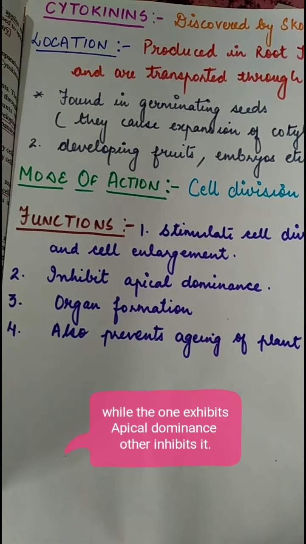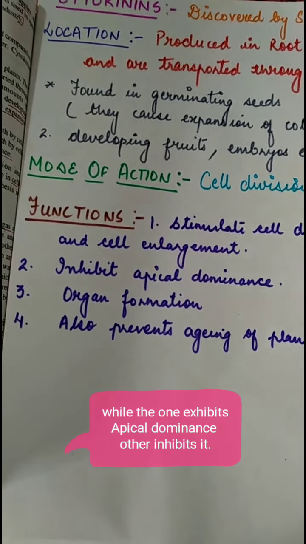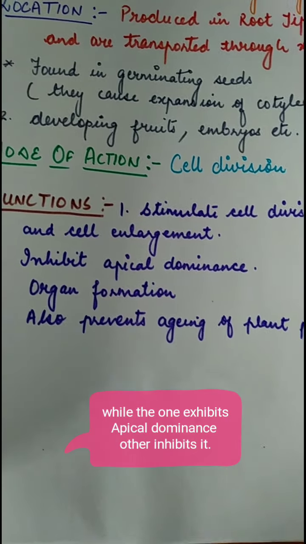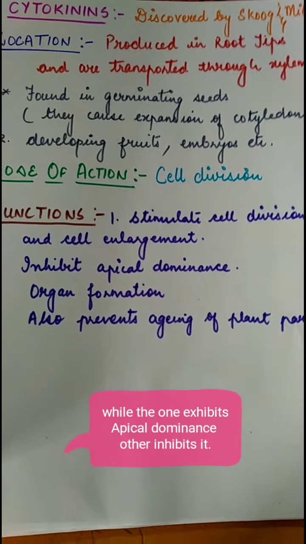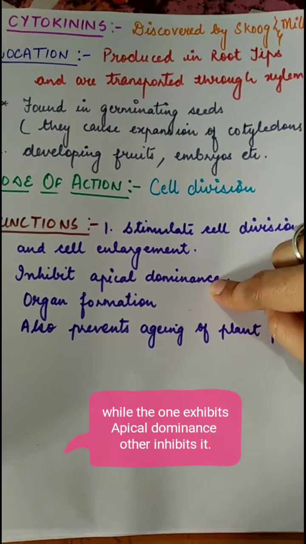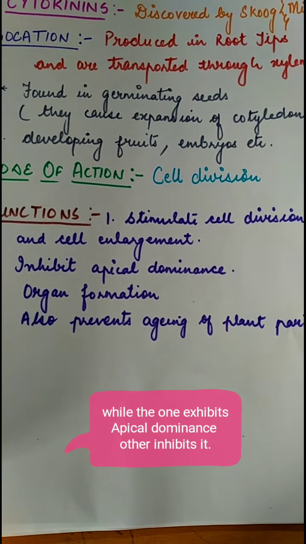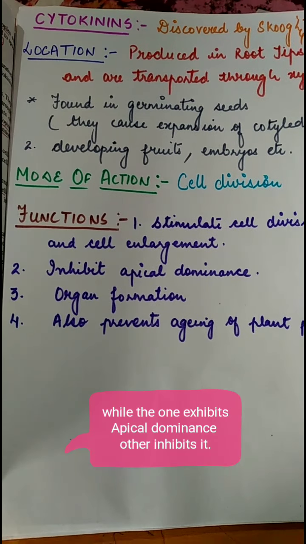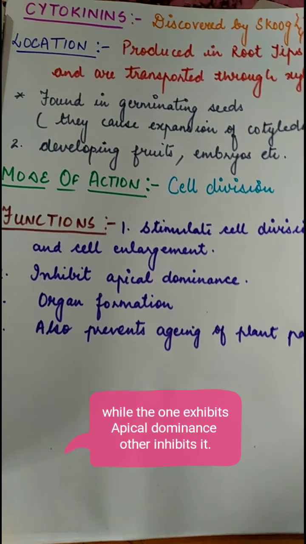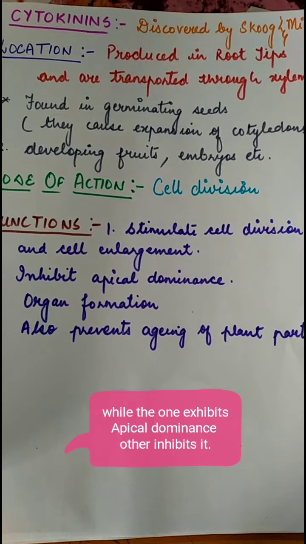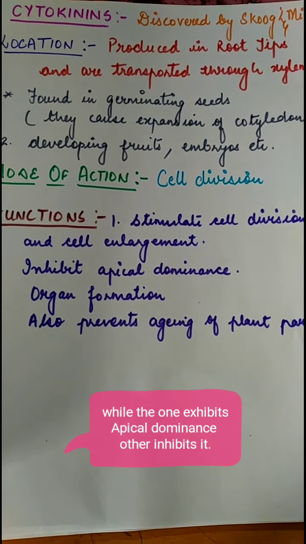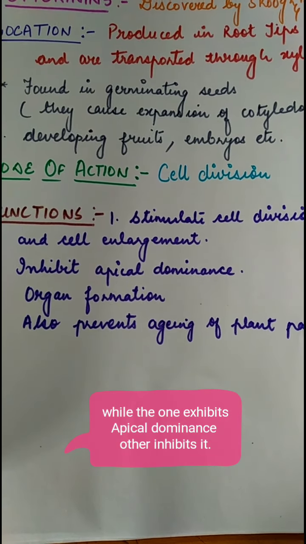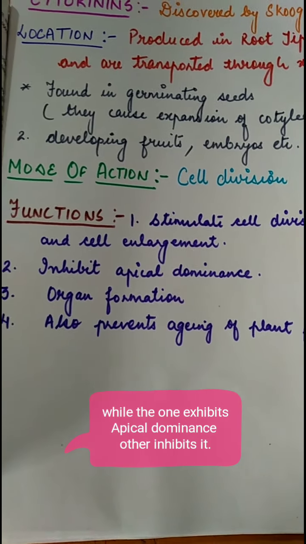So to cut it off, we have cytokinins, because cytokinins just kill that bossy attitude of the auxins and they inhibit the apical dominance. So if we do not want to cut the plant's shoot tip, but we still want the lateral branches to appear, we simply give more concentration of cytokinin hormone to the plant, which will inhibit the apical dominance created by the auxins, and the lateral branches then appear.